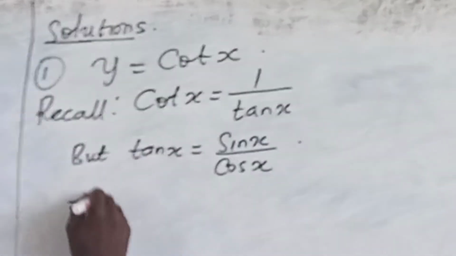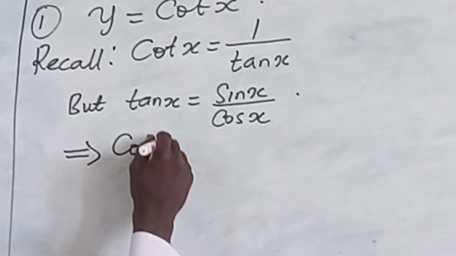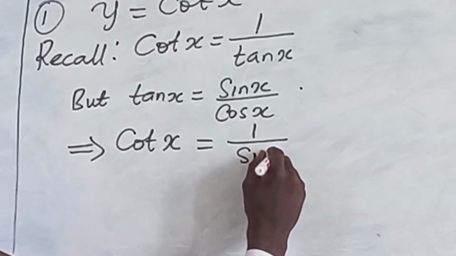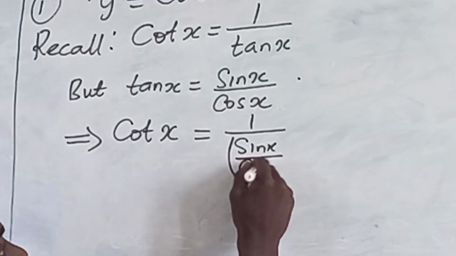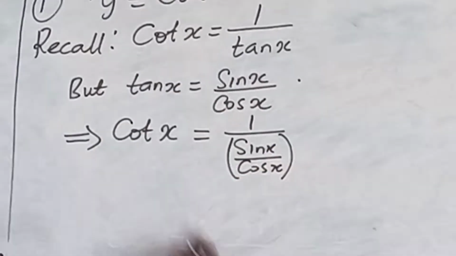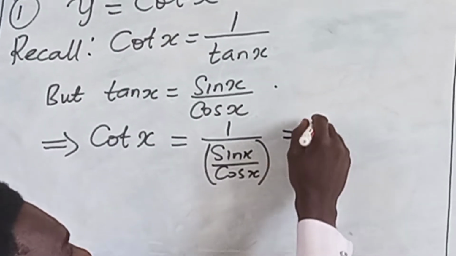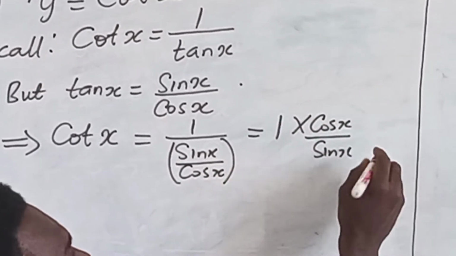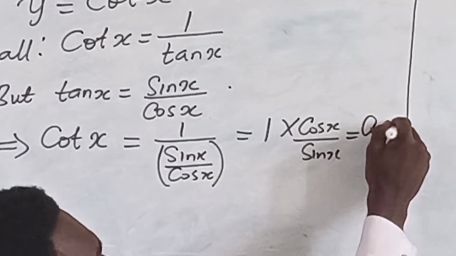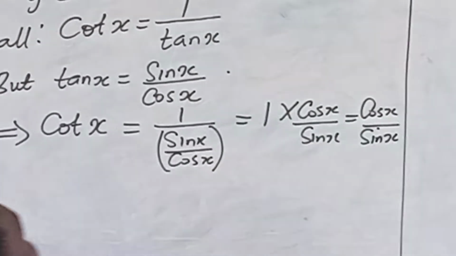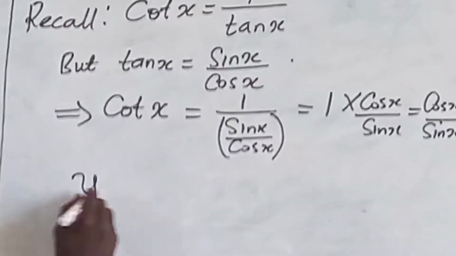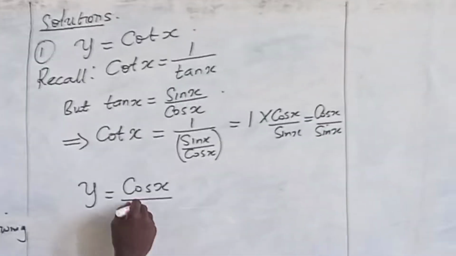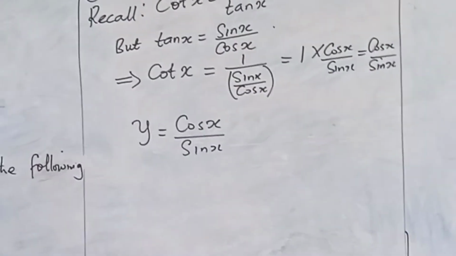So this implies that cot x is equal to 1 over sin x divided by cos x. If you perform this arithmetic, you're going to have 1 multiplied by cos x over sin x, which will give us cos x over sin x. So the original question can be transformed to cos x divided by sin x,